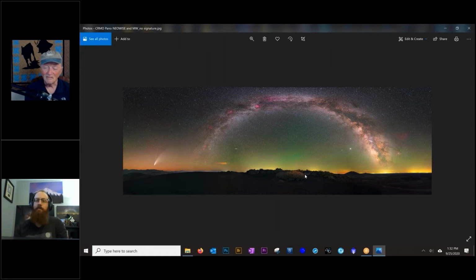But with composites, people can be as creative as they want. I've seen folks shoot the night sky at one location and some will like to blend that night sky into a different scene to create their own artistic vision of space art or whatever they may feel like creating. And I've seen more of that come into play with digital editing. But for me, I try to just keep it